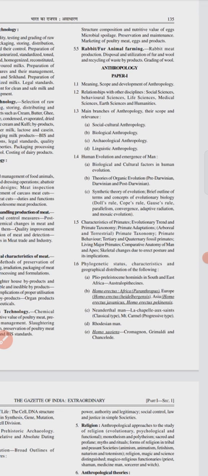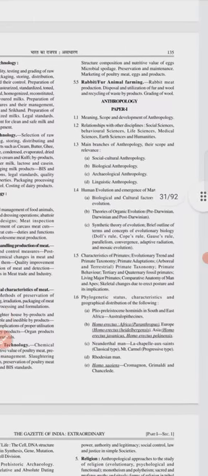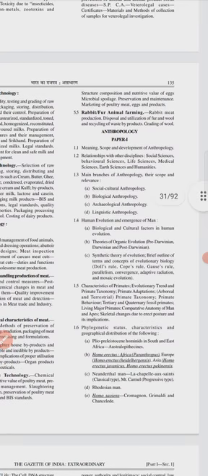Along with that, since you know that there are two papers, paper 1 and paper 2, paper 1 is the technical part, right? And paper 2 talks about anthropology from an Indian perspective, right? So you would find a lot of repetition in the syllabus as well. When you go through the topics in the syllabus, you will find that the topics are getting repeated. There is overlapping in many topics,